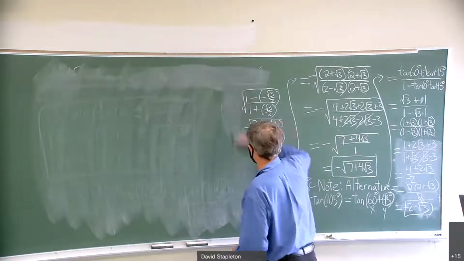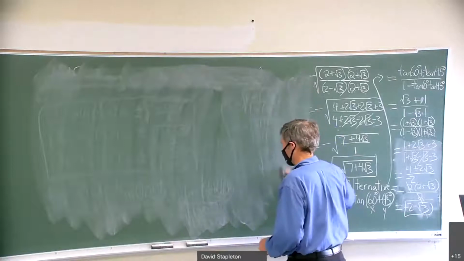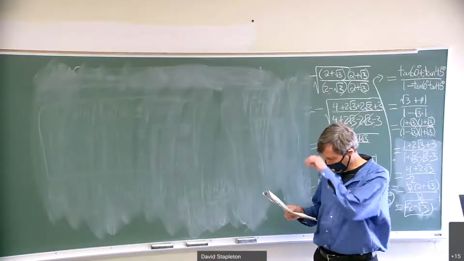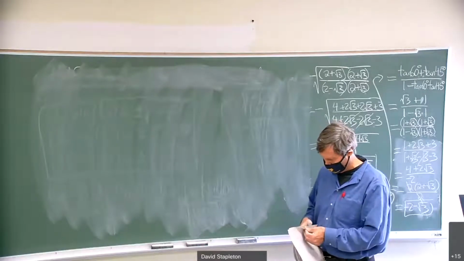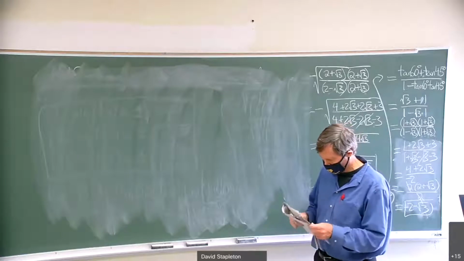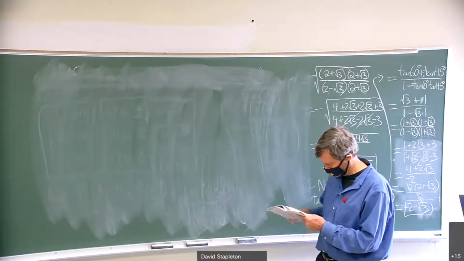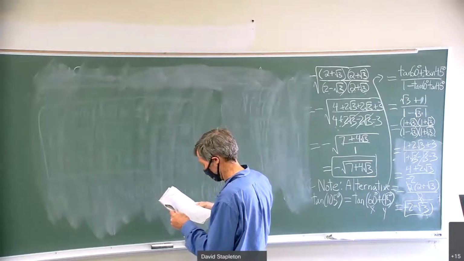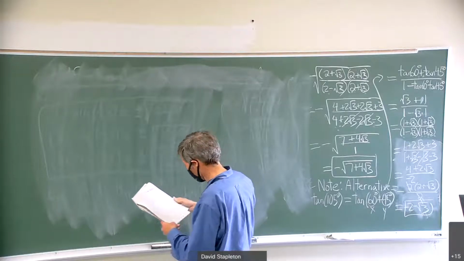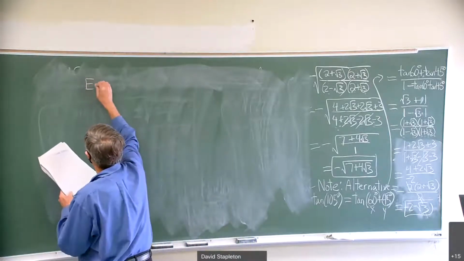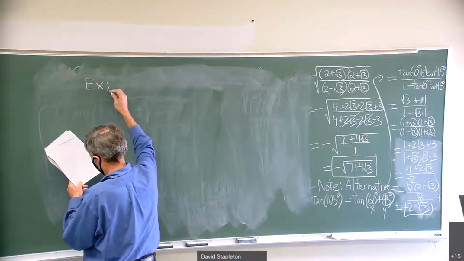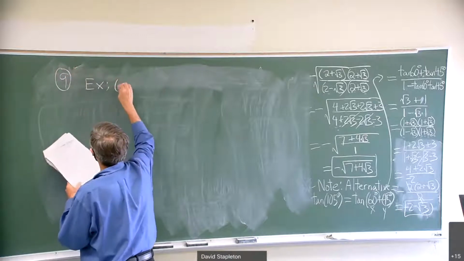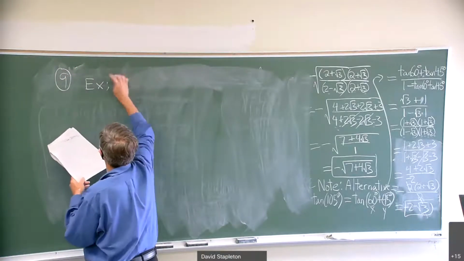Now, there's a couple other things we should discuss on here, because we've said every time we get a new set of identities, we also want to simplify expressions and be able to prove new identities with them. So there's some expressions to simplify in here. I want to make sure I did this one. Yeah, here we go. Example, this is number 9, part A. Suppose I said simplify